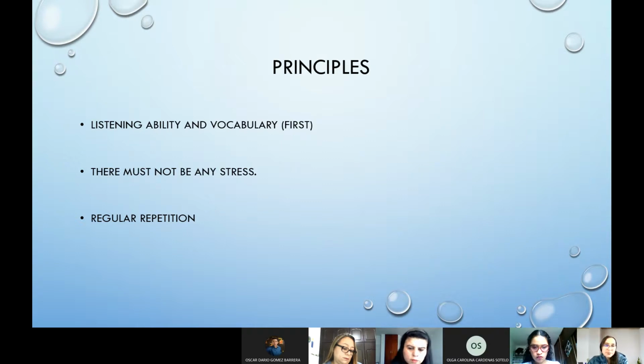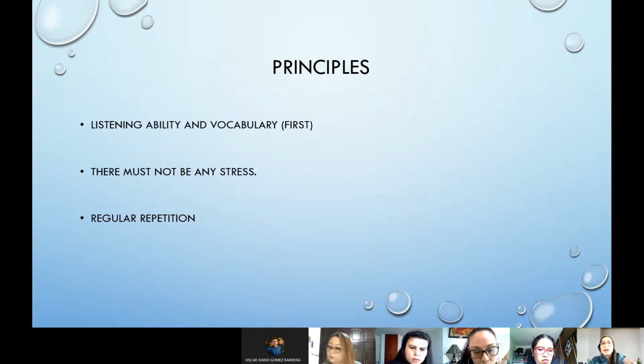The second principle is that there must not be any stress. The idea in the total physical response is that the teacher makes a very beautiful and very peaceful environment for the children's learning and their process. And the third principle is regular repetition. Why is it very important for the total physical response? This is very important because children need to repeat the words. Children need to repeat the pronunciation and also the body movement for a meaningful learning